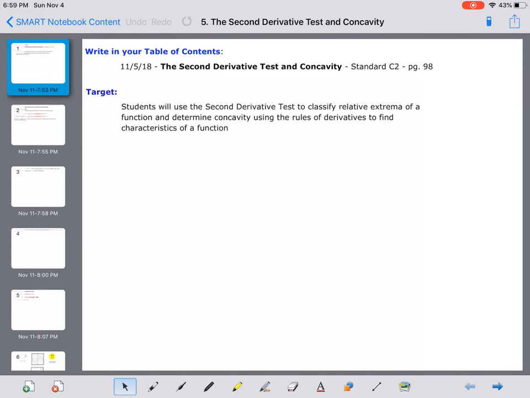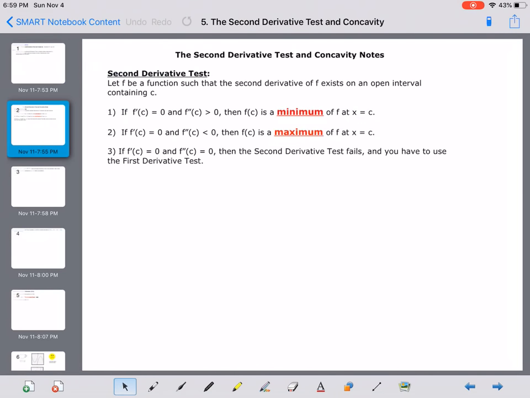But if I'm just looking for a max or a min, I can actually use my second derivative to do that. And it's called the second derivative test. The second derivative test says if we have a function that has a second derivative that exists on an open interval containing a value c, that c value is going to be our critical value. If, of course, we get a critical value and we plug it into our first derivative, it's going to equal 0. And then if we take that value and plug it into our second derivative,